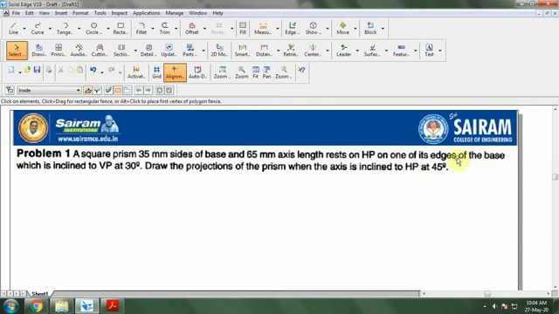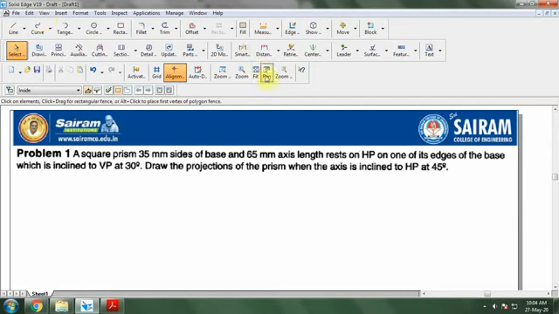And coming to the third position, it can be based on either the edge is inclined to VP or the axis is inclined to VP. When the edge is inclined to VP, directly you can go for the inclination. When the axis is inclined, you have to check for the beta angle. When the axis is directly inclined to VP, then you have to calculate the beta angle. When it appears to be inclined, no need to calculate the beta angle. The second position always will be fixed to HP, where the axis will be inclined to HP.